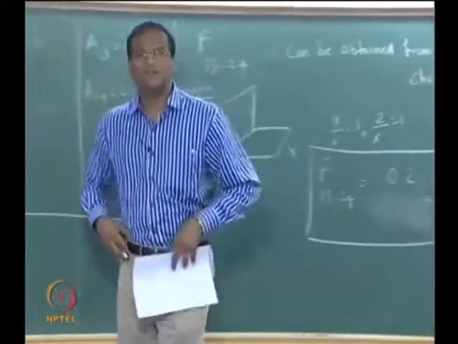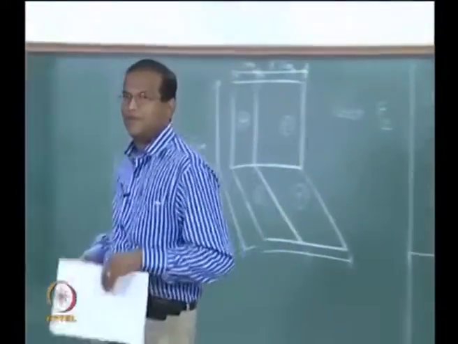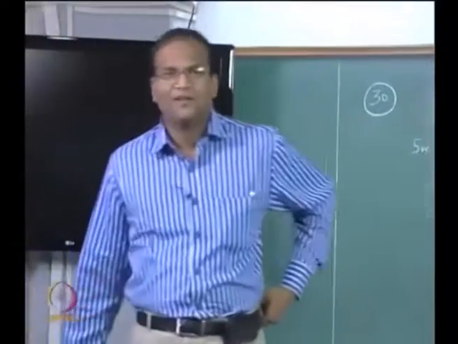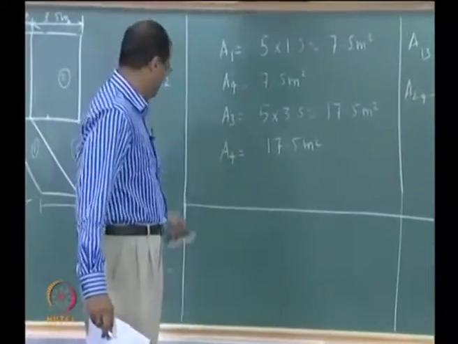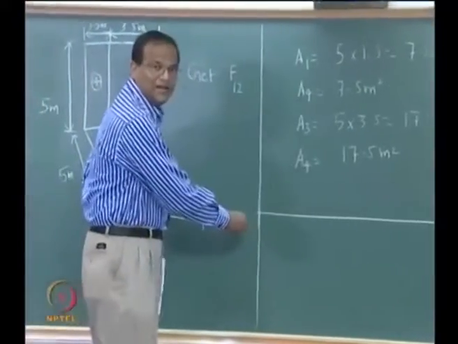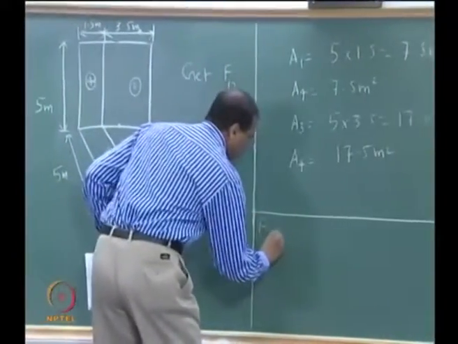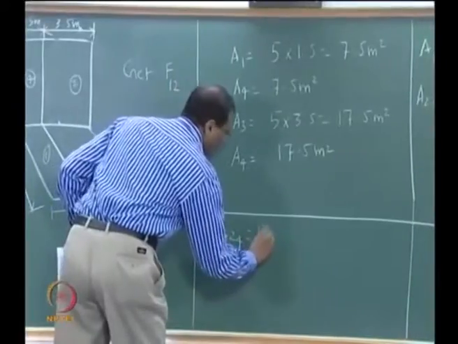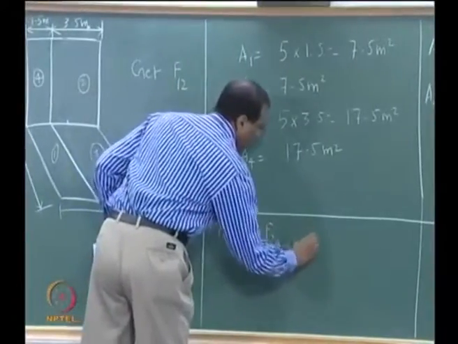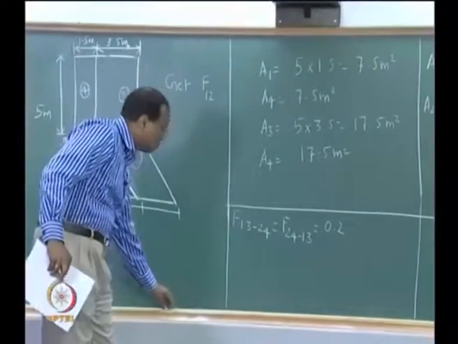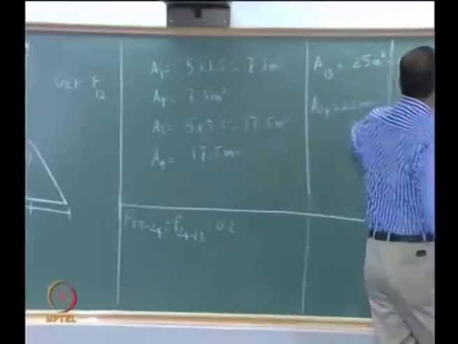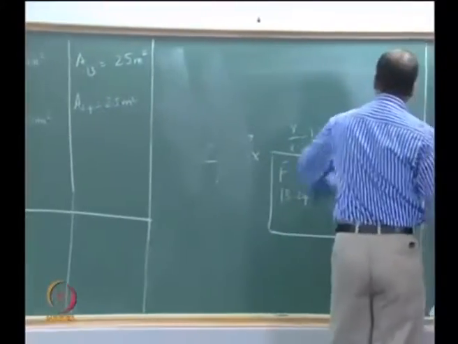So we have just started, we are far off from the final answer. This is just warming up, a lot of algebra is involved. F13 to 24 is fine, so far so good. Let us keep this here itself, whatever we obtain we will write here. We will keep the figure intact, we will also keep these areas intact, we will keep working on this side of the board.